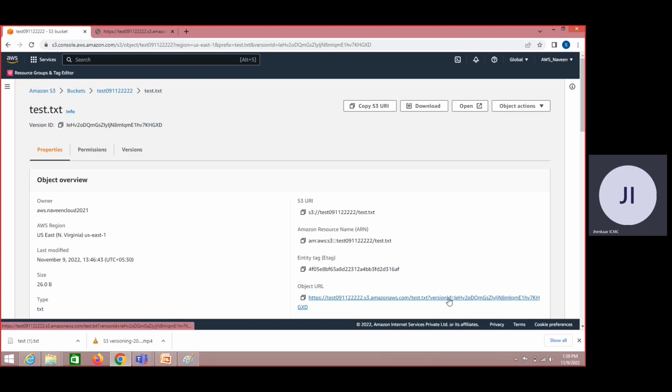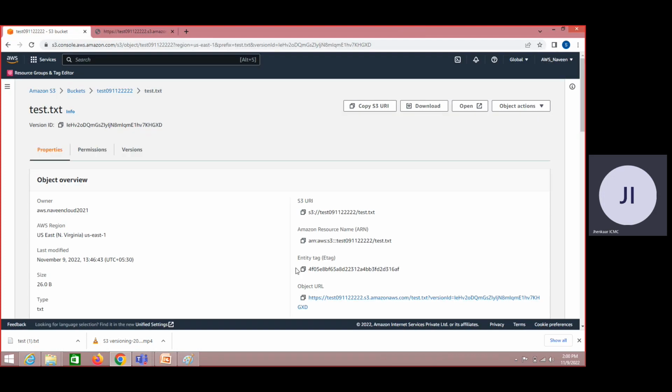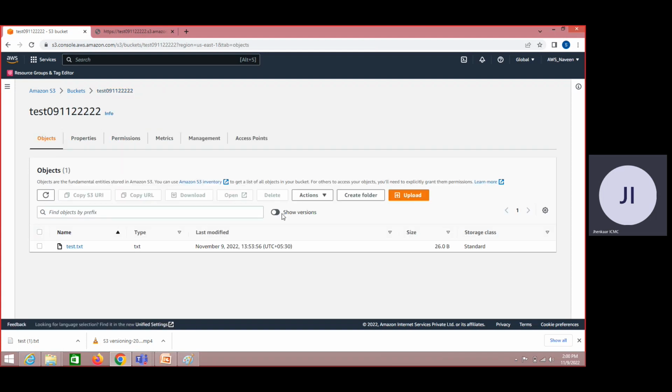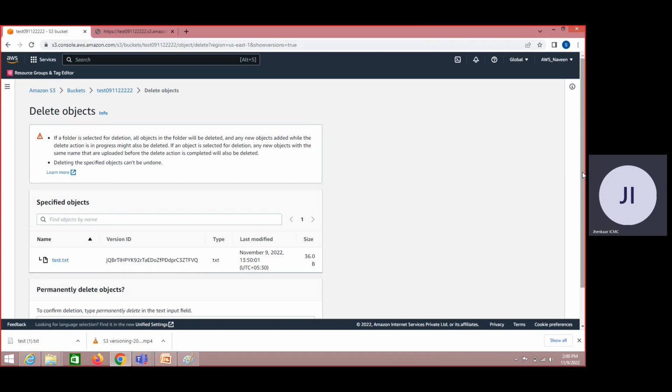This is not the one we are sharing with the customer, and we are not sharing with any applications, right? So our intention is to share the content of this file, not the content of any of the versions. So particularly if you want to delete any of the versions, you can go ahead and delete it. Once you delete it, as we have seen, you'll not be able to recover that because it is saying